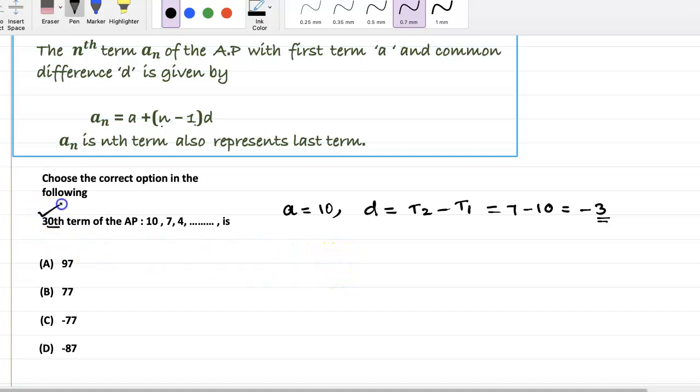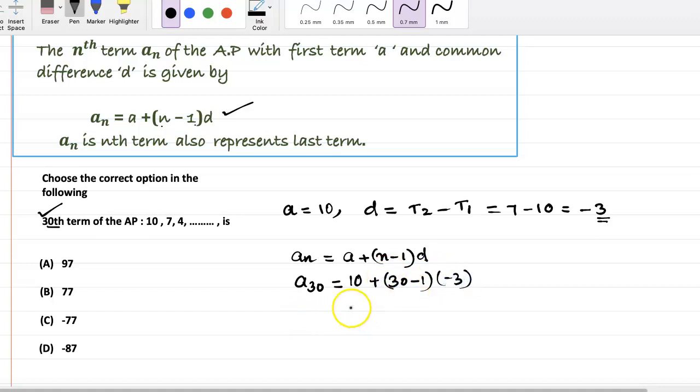We have to calculate the 30th term. So we need to know AN is A plus N minus 1 into D. Use the formula AN equals A plus N minus 1 into D. So we should write A30 because we have to find the 30th term. A is here 10, plus 30 minus 1 into minus 3, equals 10 plus 29 into minus 3,